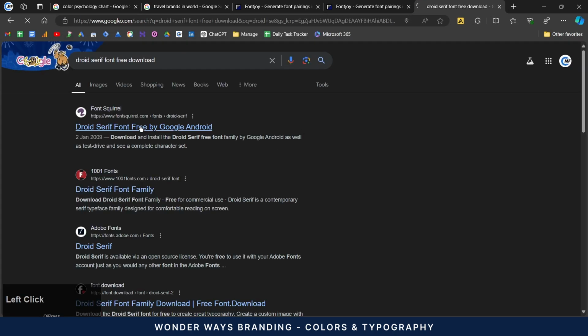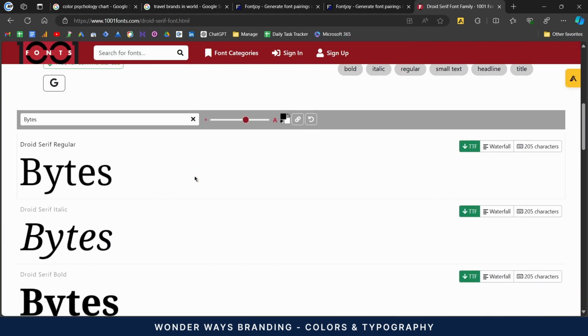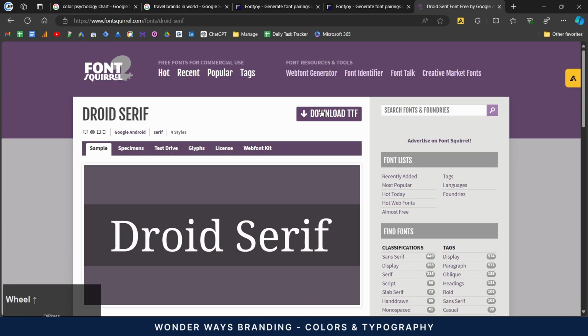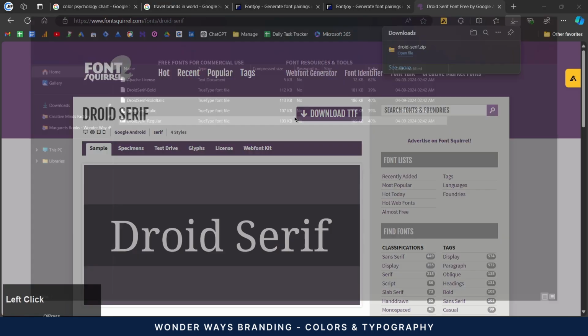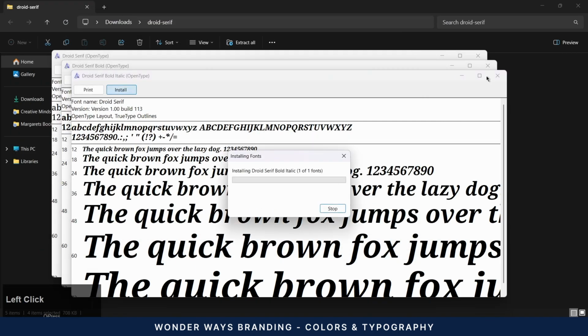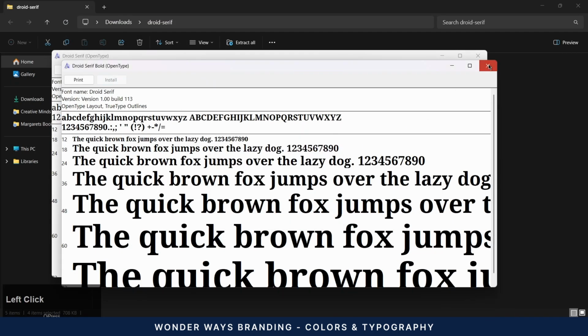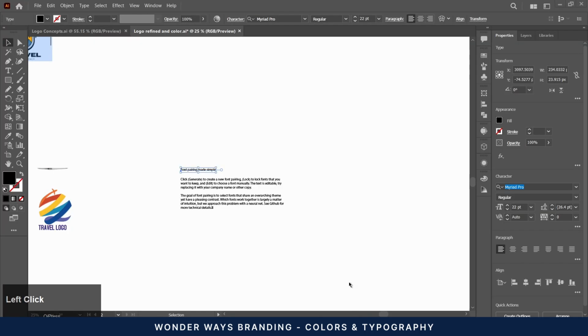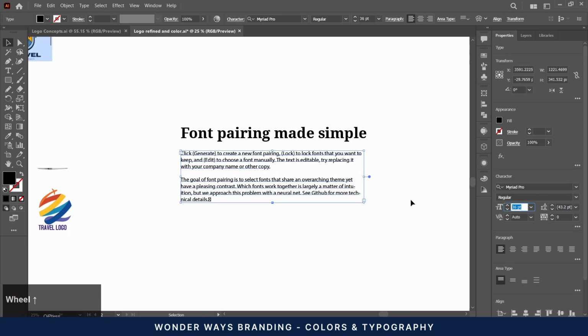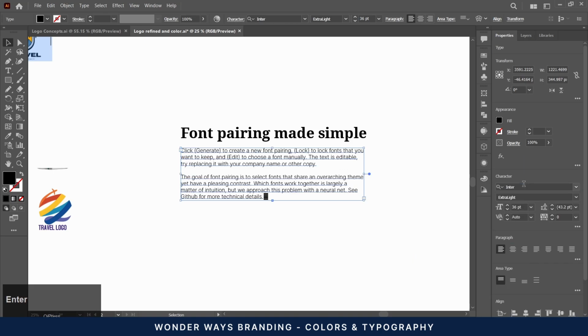Here, I need to download the Droid Serif font. Now, I'll use this font for the heading. For the paragraph, I think I should use the Inter font.